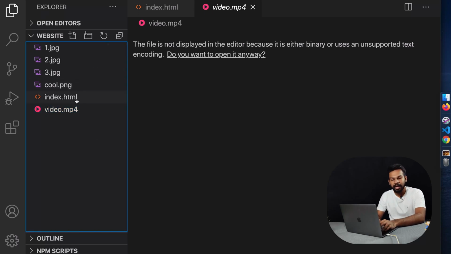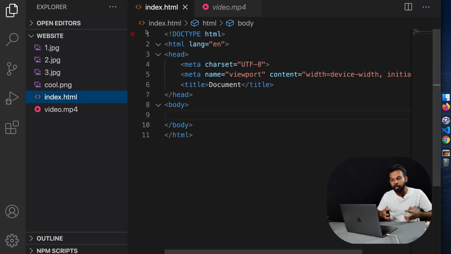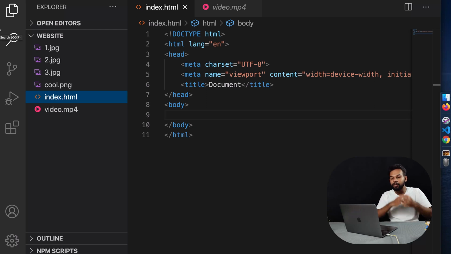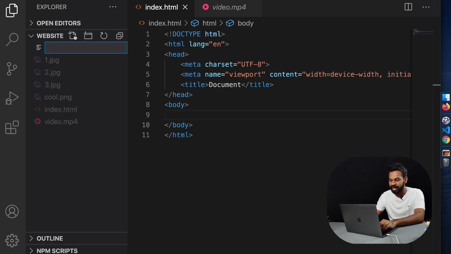All right. So now, as our project is growing bigger and bigger, we are going to include a lot more files. For example, if I'm going to build a gallery of our fun party that we had last night, I would have hundreds and hundreds of images, right? Then out of these hundreds of images, it would become very difficult for me to search my index.html, or very difficult for me to manage my files. For example, even inside my folder, if I have